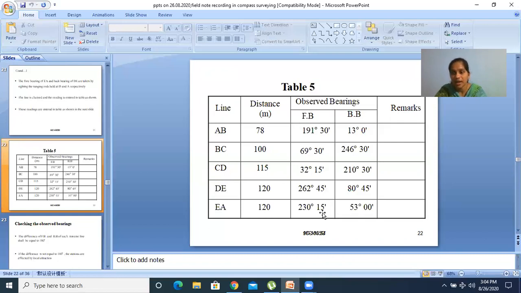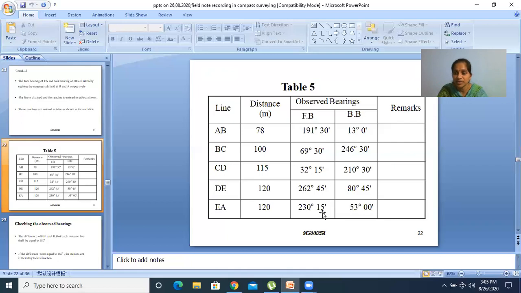So from A, I have taken the fore bearing of AB line and the back bearing of EA line. Likewise, B station, fore bearing of BC and back bearing of AB. From C, fore bearing of CD and back bearing of BC. From D, fore bearing of DE and back bearing of CD. From E, fore bearing of EA and back bearing of DE. Likewise, you have to take two bearings, that is fore bearings and back bearings, from each station, and you can